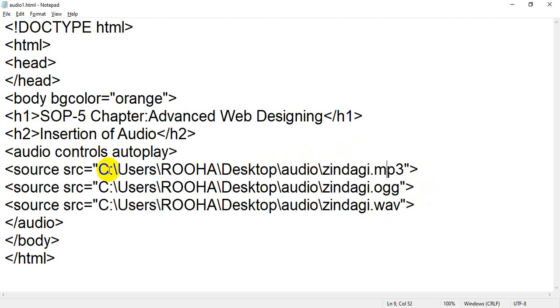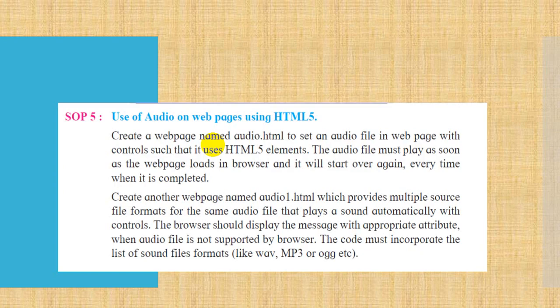Now again I am moving towards the question, because one important thing is remaining. We have achieved this much till now. Now the browser should display this: the browser should display the message with appropriate attribute when the audio file is not supported by the browser.